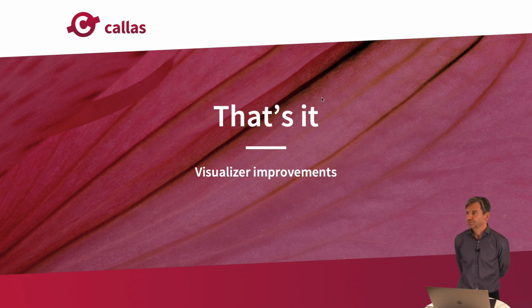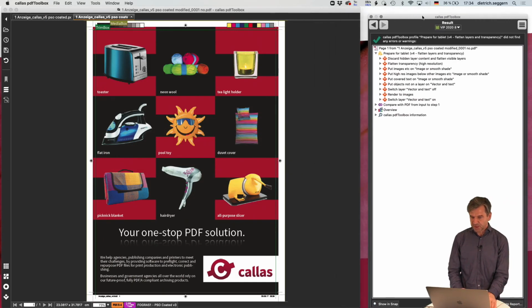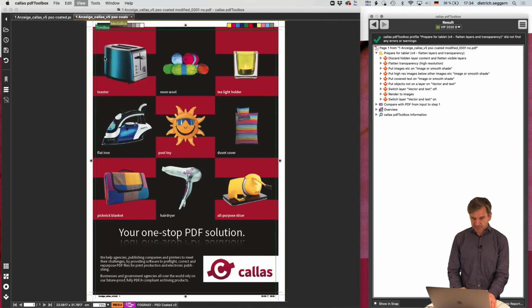You showed the minimum ink on separation. Yeah. The question was, I think you showed it with CMYK. The question was whether that would also work for spot color. Yeah, I forgot to mention that. I haven't got a PDF file easily here with spot colors, but I think you will believe me